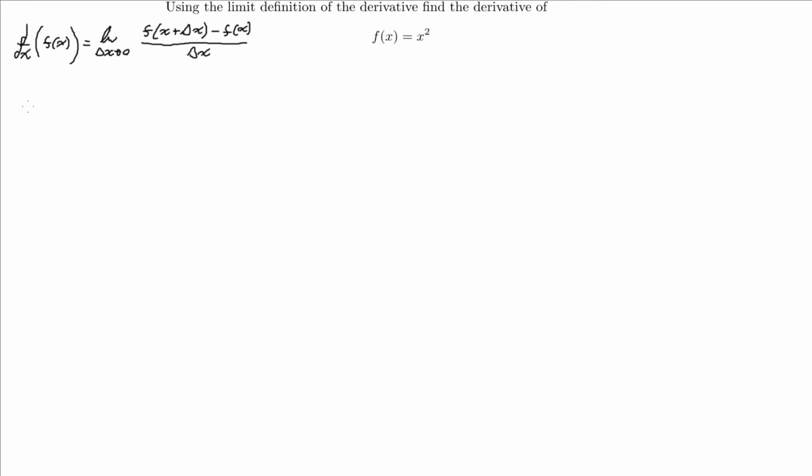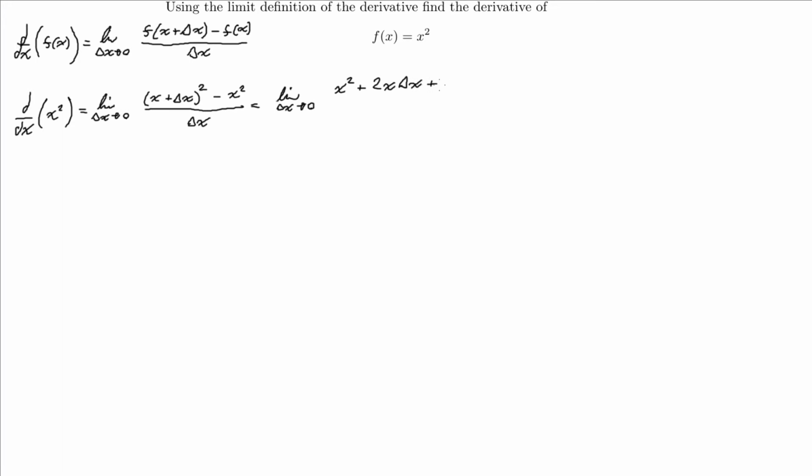So, again, we just go through the motions, right? Derivative of x squared, and then we have the limit as delta x goes to 0, and then we're going to have x plus delta x squared minus x squared over delta x, and then that is going to be equal to x squared plus 2x delta x plus delta x squared minus x squared, and all of that over delta x,